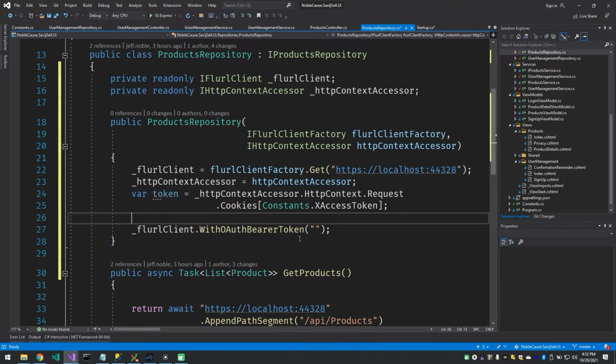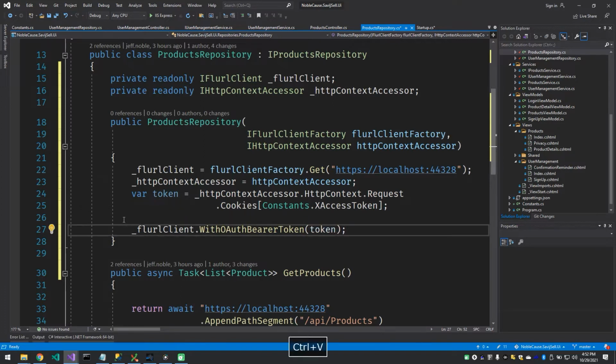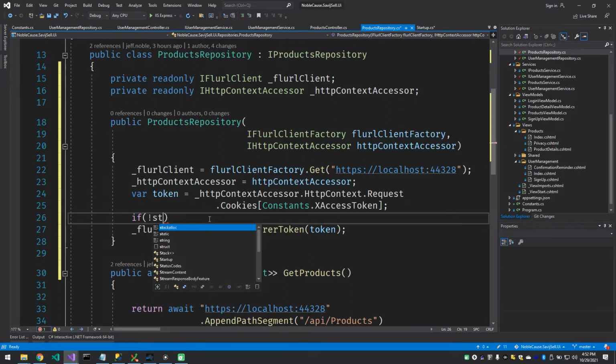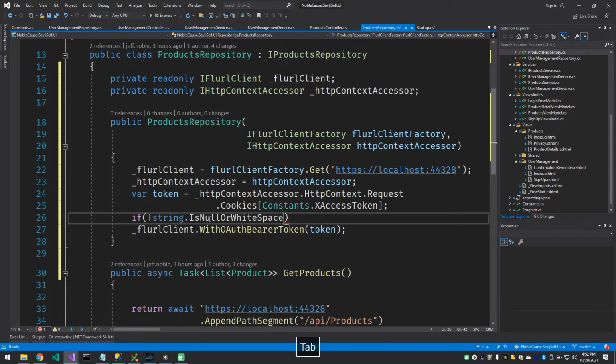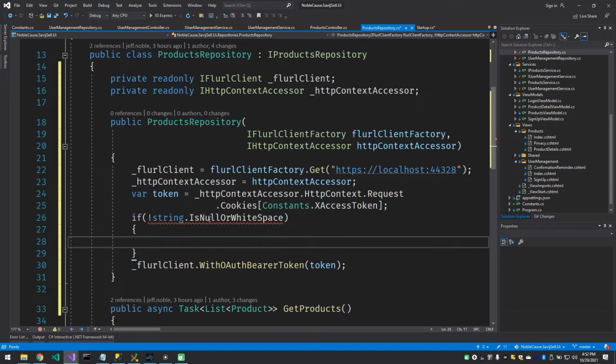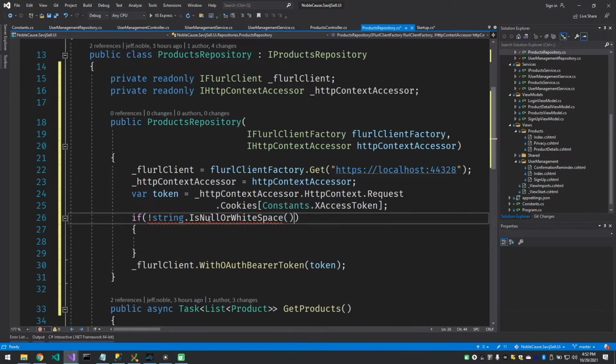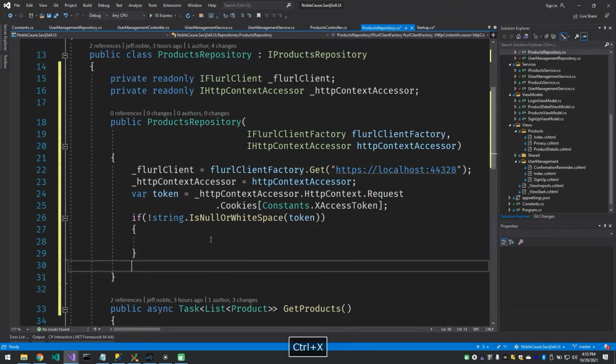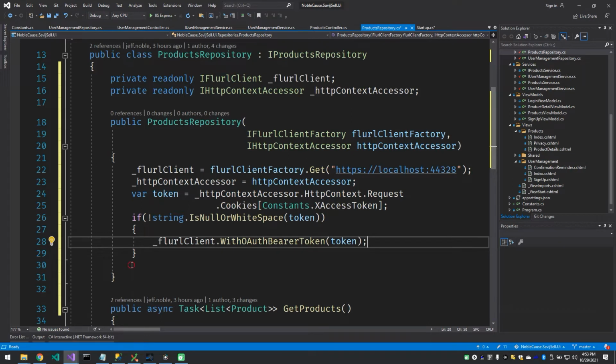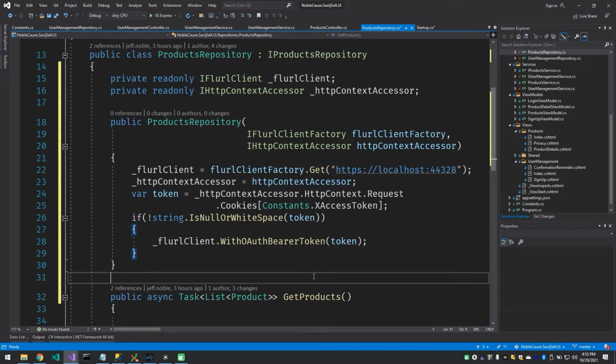We should probably make sure that there's something in there. So we can put like an if not string.IsNullOrWhiteSpace. In other words, if there's something in the token, then go ahead and set that token. That way, if there's nothing there, it won't try to do anything. And so now we've stuffed our token inside our Floral client,